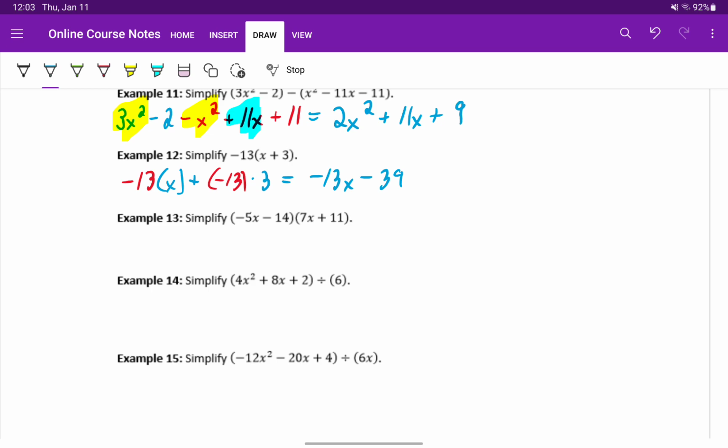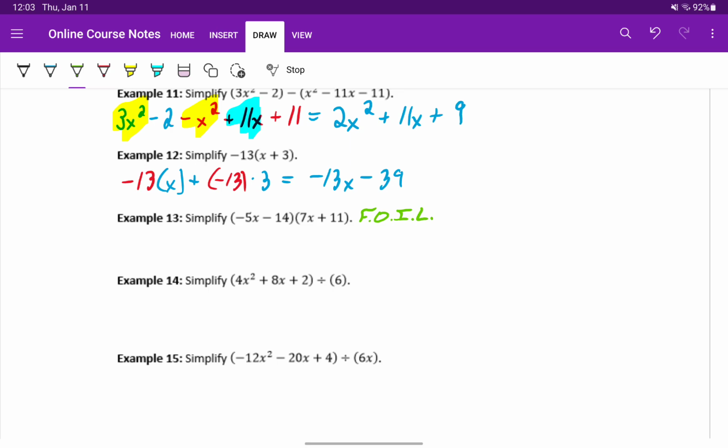In example 13, we have a slightly different type of problem, but one that hopefully we're familiar with. We have two binomials being multiplied by each other. So a binomial meaning an expression with two terms and then another expression with two terms. When we have something like this, we're still using the distributive property, but an easy way to think of it